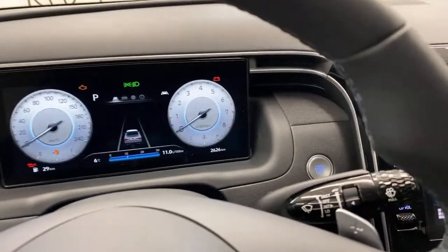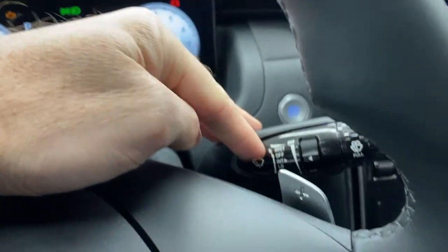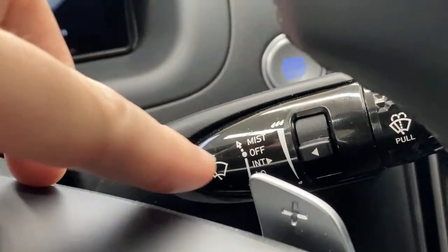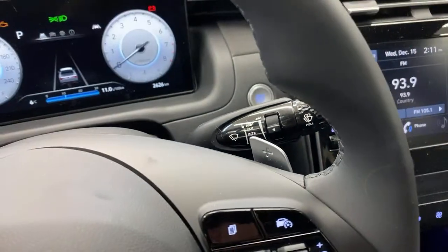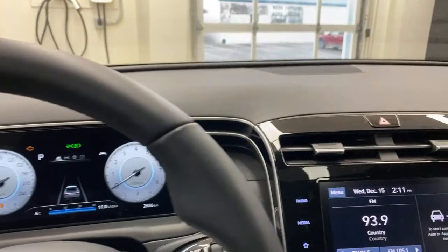Another little feature that people don't really think of. This one has the wipers that are, let me just see if I can zoom in here. It does not have the auto wipers. So you have it mist, off, and intermittent. We have an auto setting in the higher trim and not this. So there are some minor sacrifices, but generally when you get in this vehicle, you look around and you've got